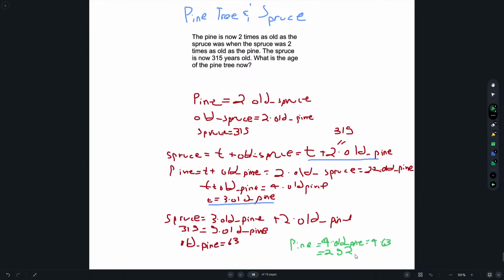And I think that's right. I could be wrong, but it makes sense. We know spruce is going to be older than pine, but we know it's not much older because it used to only be 2 times as old. This means spruce used to be